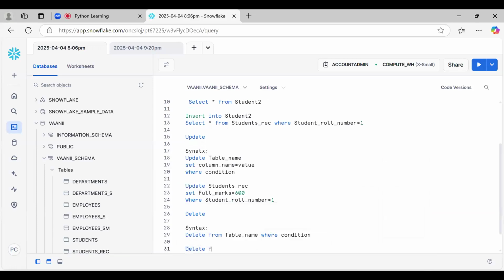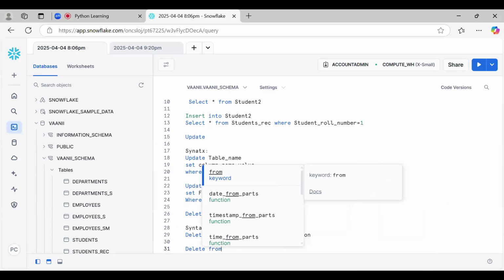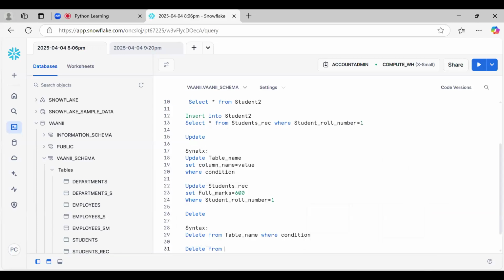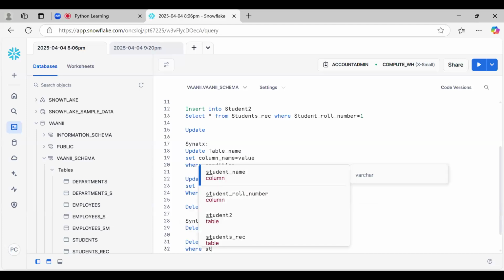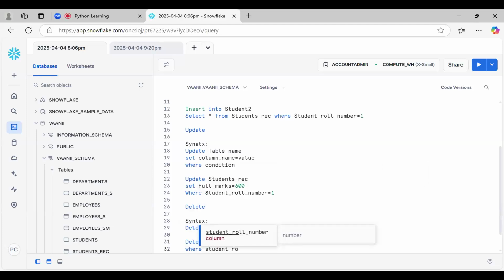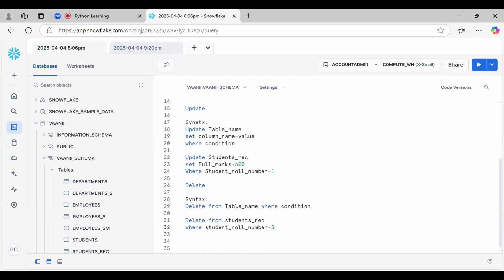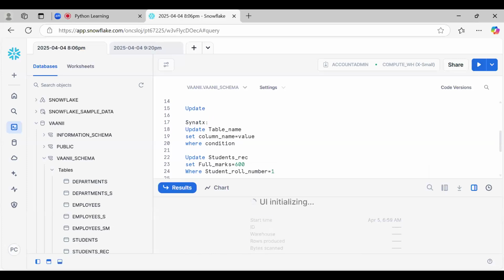Delete from, I want to delete the third data, student number 3, where student number equals to 3. If I don't put the WHERE condition, it will delete everything, all the data. That's why it is important to put the WHERE clause.